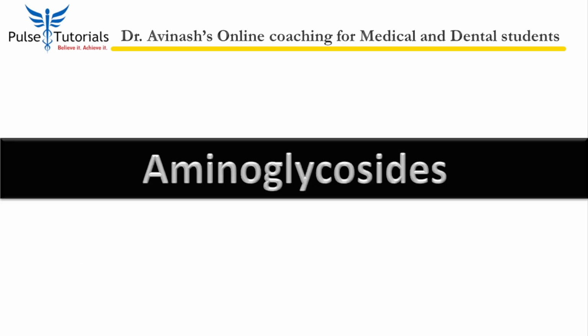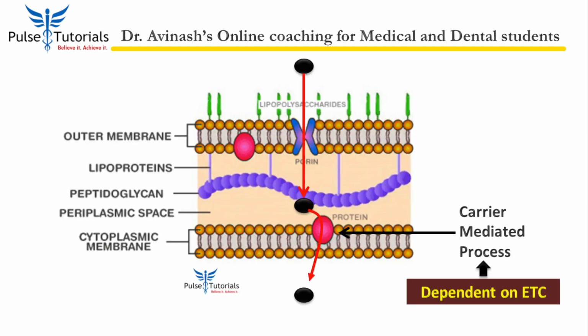Now, because we are talking protein synthesis, I want to continue this video and talk about aminoglycosides with you. Now, what are aminoglycosides and why do you have to do it properly? Well, aminoglycosides are natural and semi-synthetic antibiotics. They have a polybasic amino group linked by a glycosidic bond to two or more amino sugars.